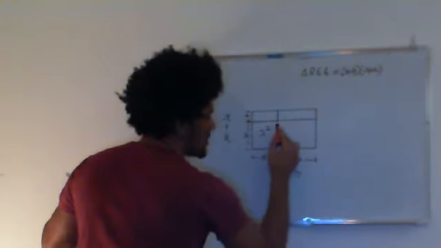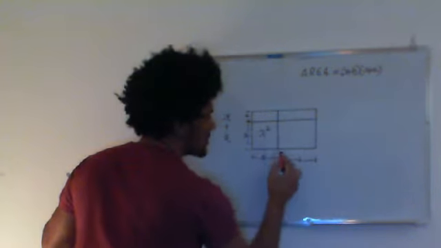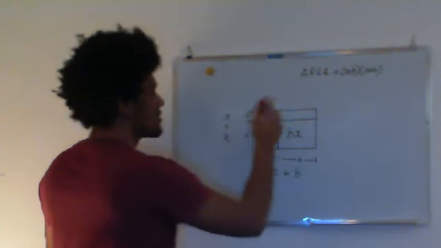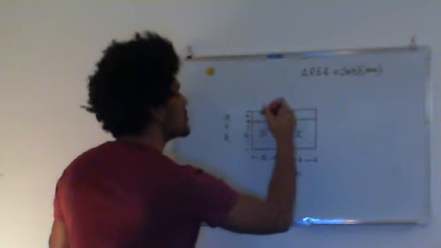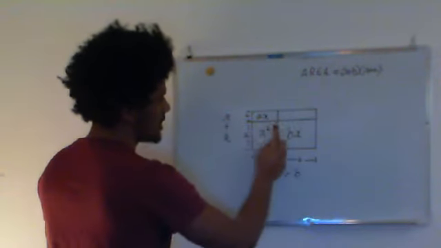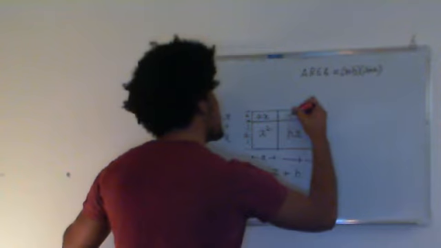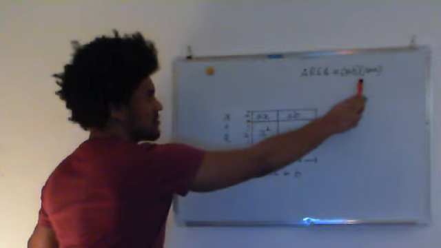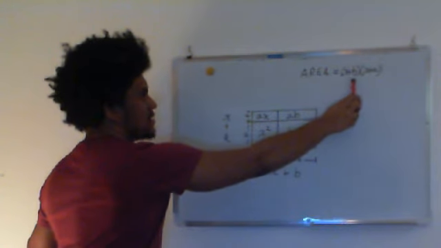Then this one here is going to be x times b, so it's going to give you bx. This one here is going to be a times x, because that's a and this length here is x. So you're going to get ax there. And this one here, a times b, is going to be ab. So we have the area, which is equal to x plus b times x plus a, is going to be the same as